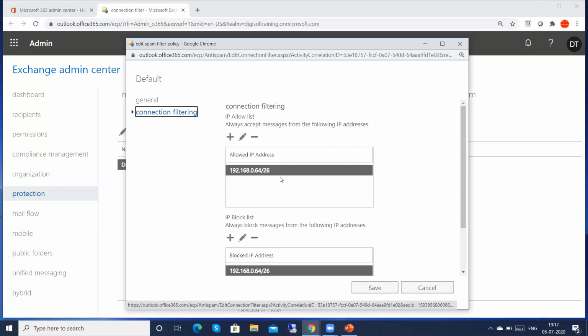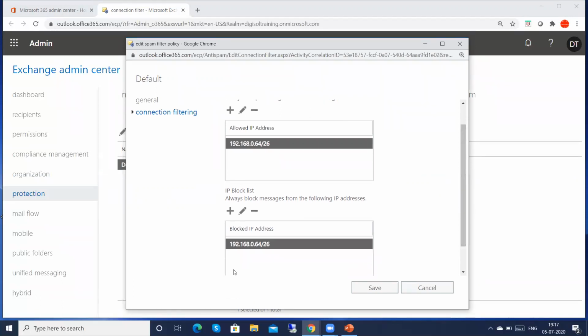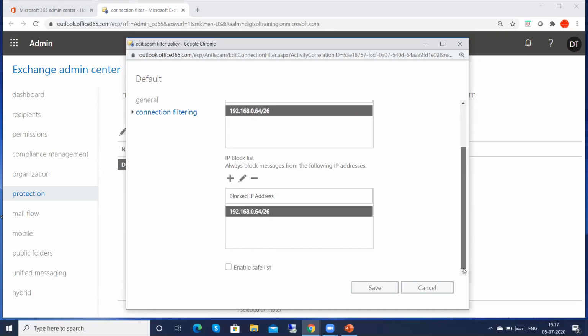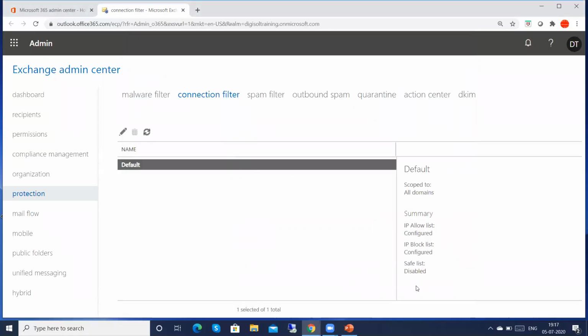If you want to block, you can block that IP here as well. If you suspect some IP address is sending spam mail, then you can block that IP address here, right? So that can be performed here by adding, blocking or allowing. This is the connection filter.